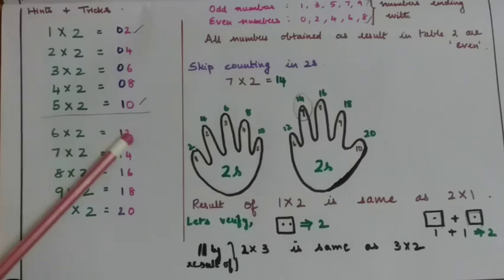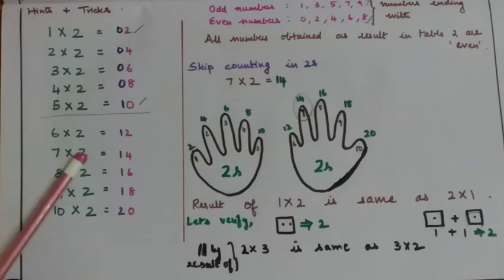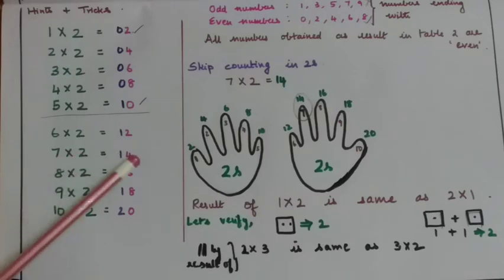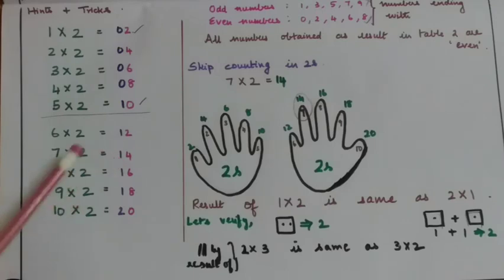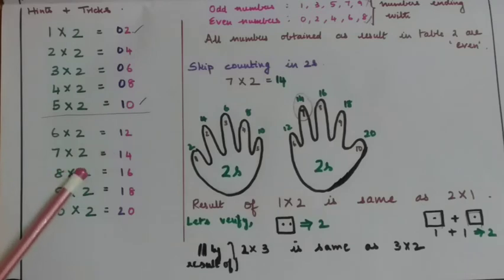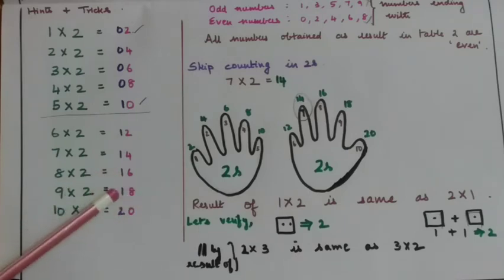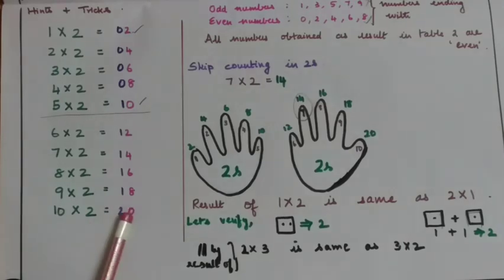Similarly, if you take the second row of the 2 parts, 2 2s are 4 and 7 2s are 14. So you need to just prefix 4 with 1 to form the second row of part 2 of table 2. So 7 2s are 14. Similarly, if you compare the third row of the first and the second part, 3 2s are 6. So 8 2s are going to be 16, which means we are prefixing 6 with 1 to get 16. Similarly, if you take the fourth row of both the parts, 4 2s are 8. So 9 2s are going to be 18 because we are going to prefix 8 with 1.